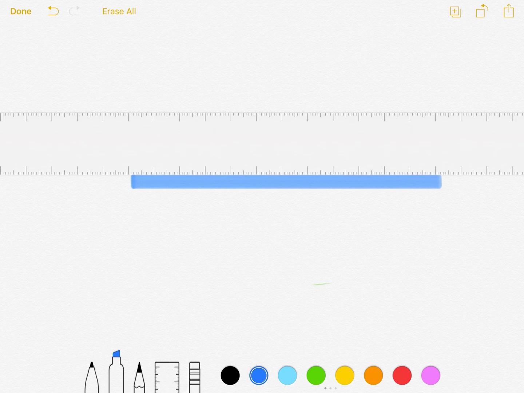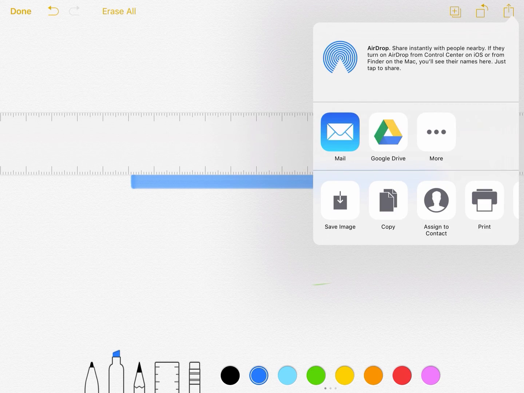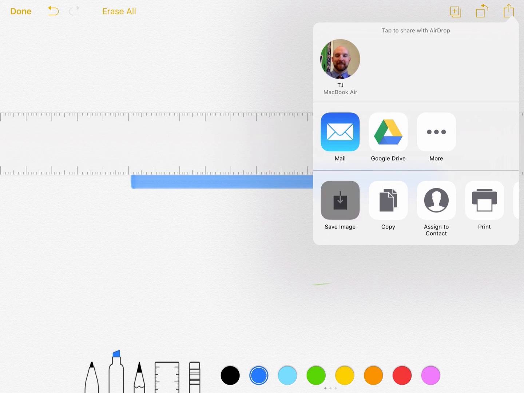Now when you're done with your note, you just go to the top right hand corner and tap the share icon, which is the square with the up arrow, and that gives you the options to do a variety of things. Save it to your drive, email it, print it if you wanted to, but we're going to actually save the image to our camera roll. Once it's saved to your